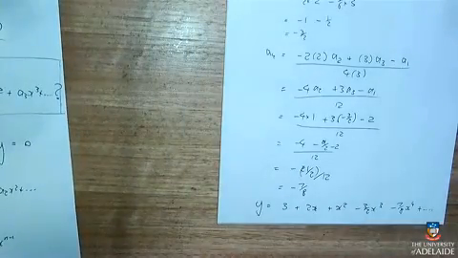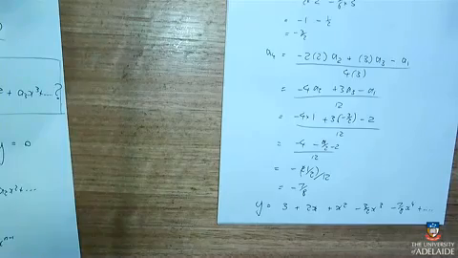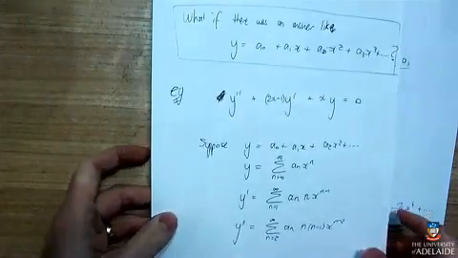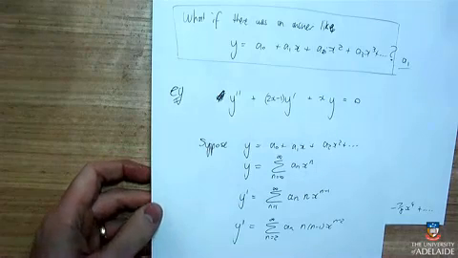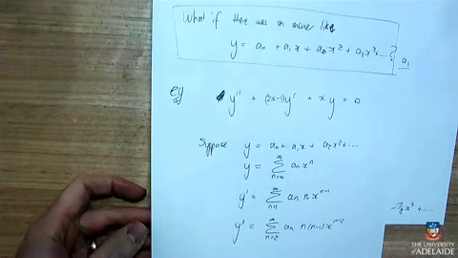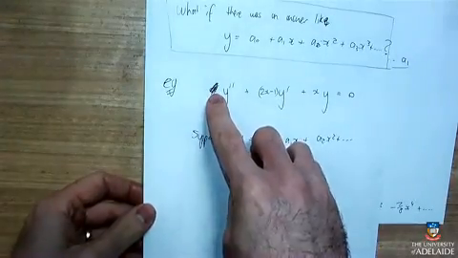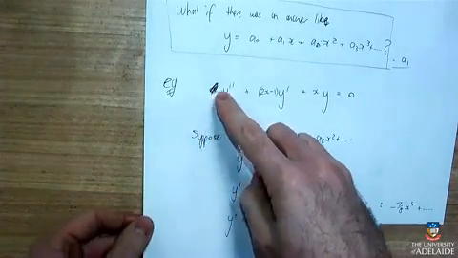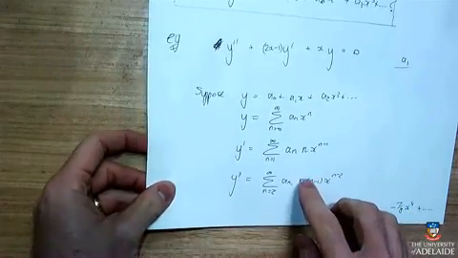So that's not the Frobenius method, that's just doing a power series. And the reason why that worked is because I didn't have anything multiplied by my y double dash, because sometimes that causes problems. So let's just see what would have happened if there had been an x squared in this position here. If there'd been an x squared in this position here, then when I got down to